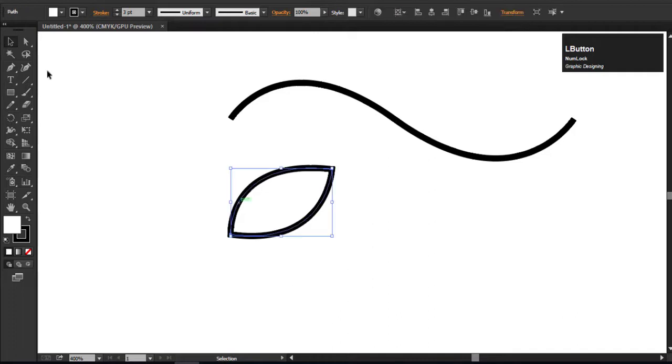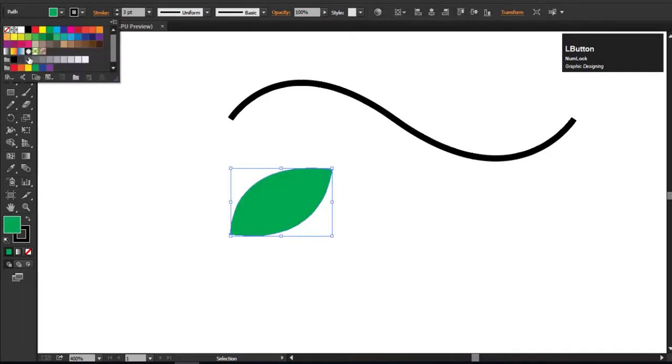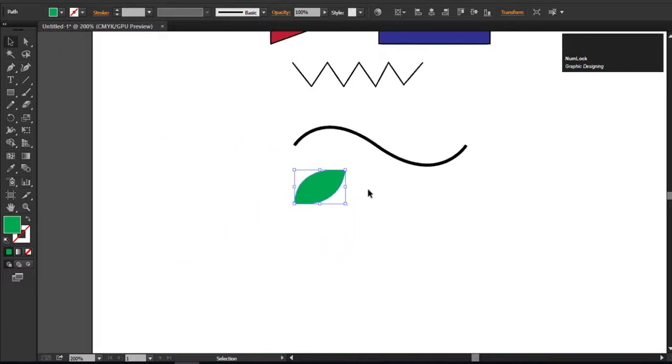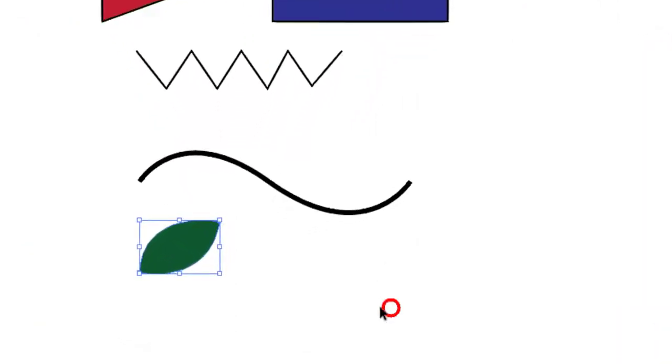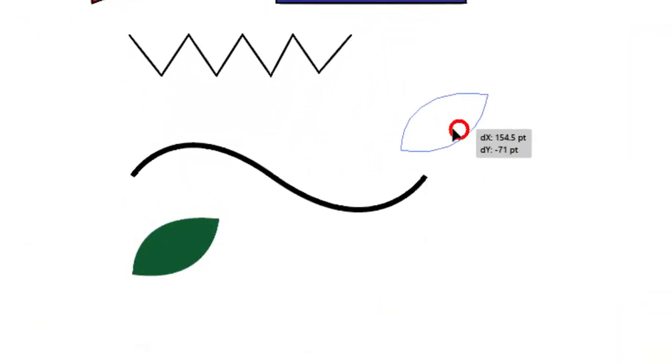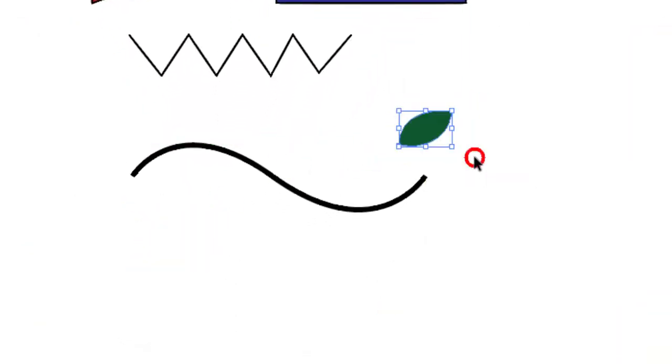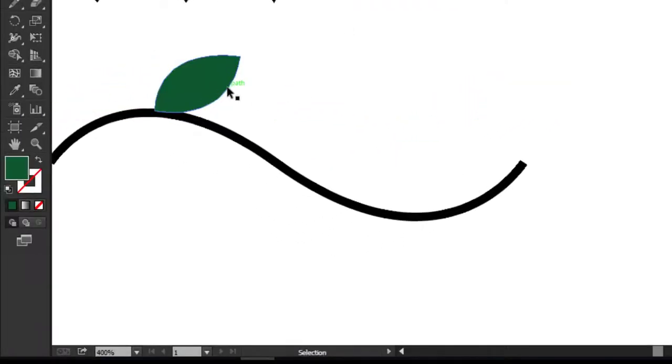Now change its fill color and turn off the stroke. Make the color a bit darker. You can move the shape by holding and dragging. Resize the shape by holding the Shift key. Adjust the leaf on the curve like this.